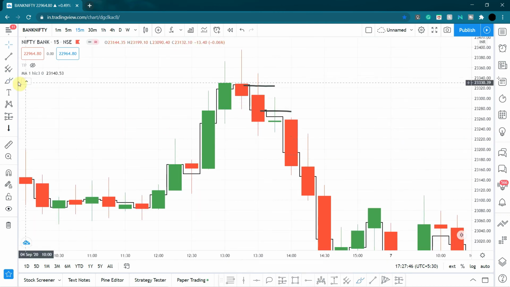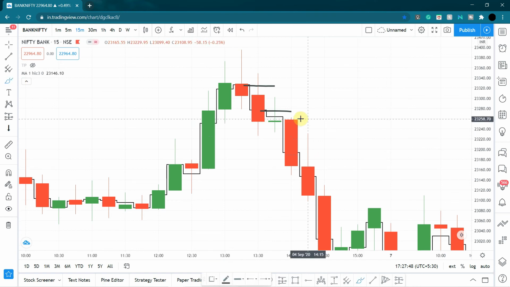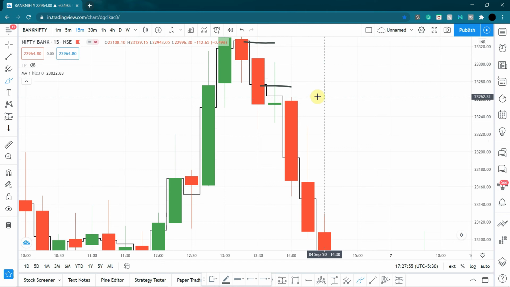Now the same thing happens for the next candle too, but again it did not touch. Let me just zoom in again even more. It didn't exactly touch the mean of this particular candle, but it did come near the mean. I think it must have missed just 2-3 points. So again, as I told you, you can always place your limit order 2-3 points above or below. That's completely up to you.